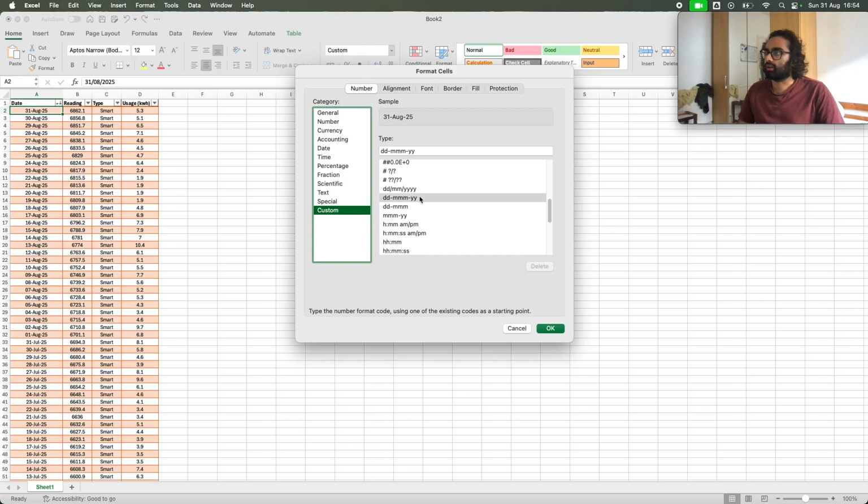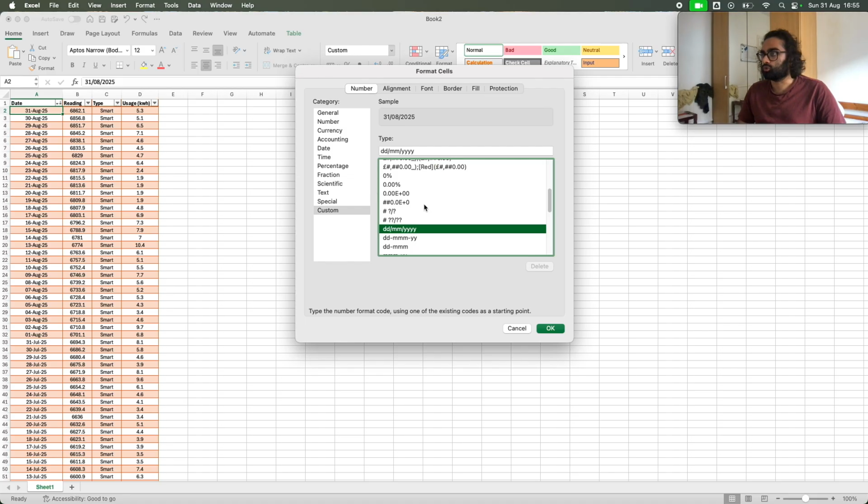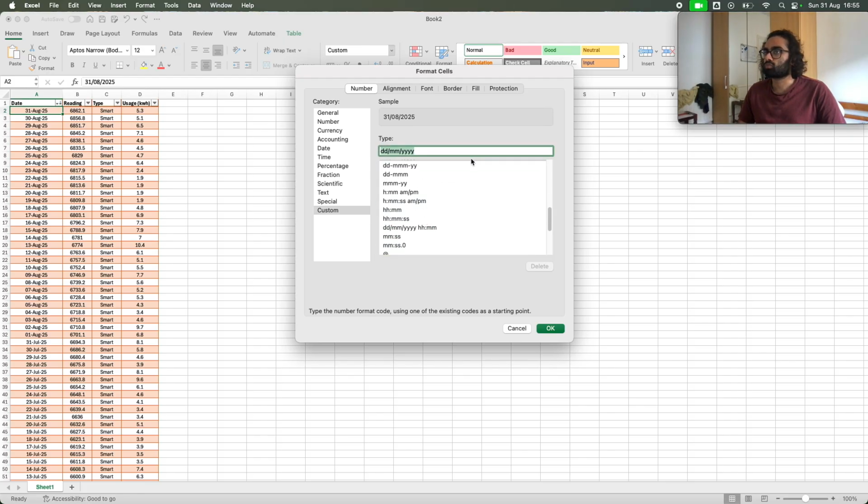I can just choose this format as well here, which is date / month / year. I'm probably going to do this because you may prefer this or you may not. Or if you're American, what you can also do is look for the specific predefined format here, but you can also just type it out. So if you instead want to do, if you're an American, for example,